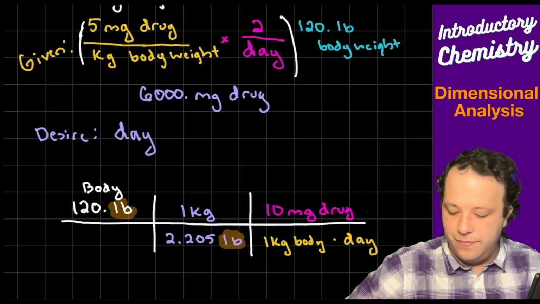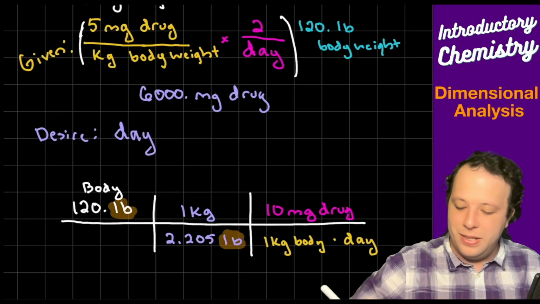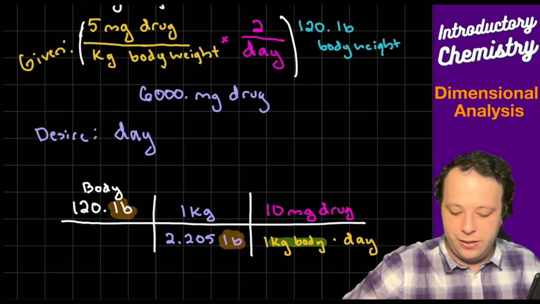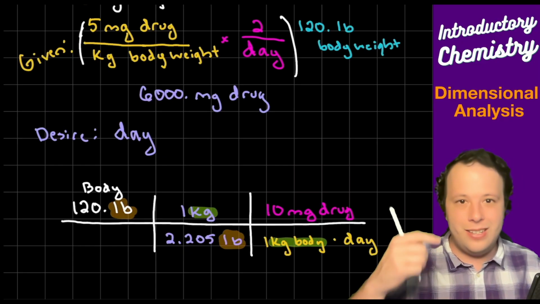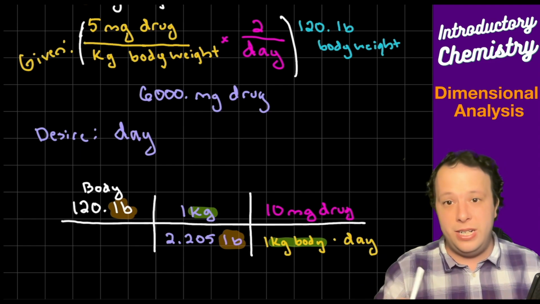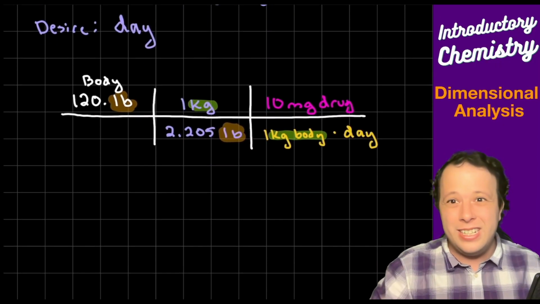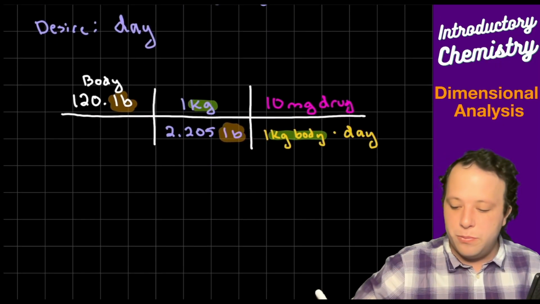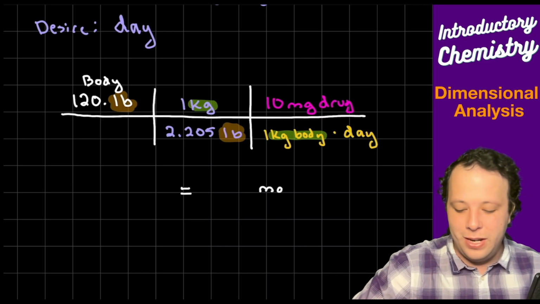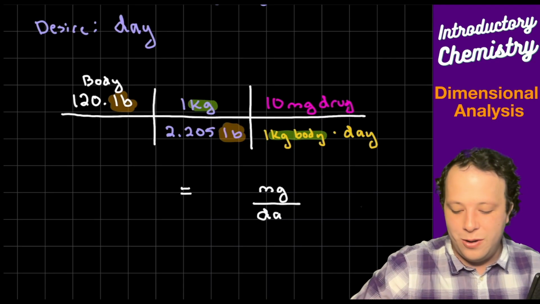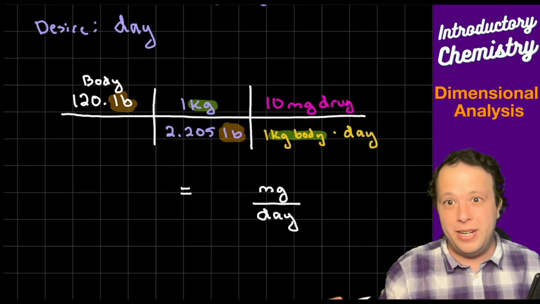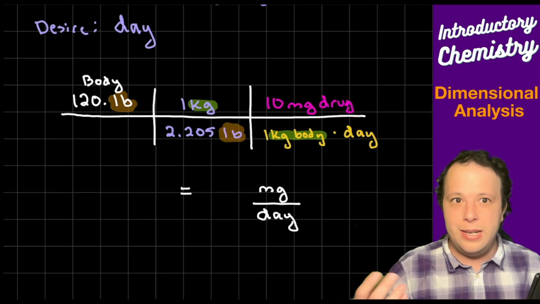Okay, so now when that happens, the kilogram of body weight will cancel the kilogram of body weight. They'll both cancel, and this leaves us with 10 milligrams of drug per day, which is what we eventually need to get to. So let's solve for this part, and it will define a milligram per day conversion term, which will help us figure out how long the bottle will last. And that'll be our last little t-table.